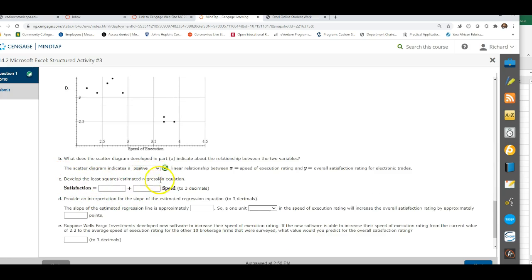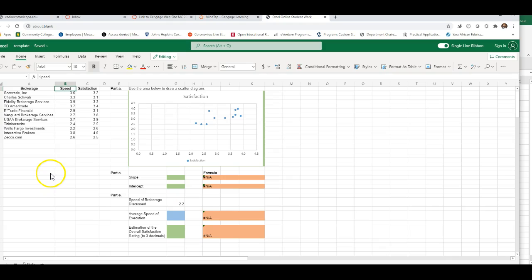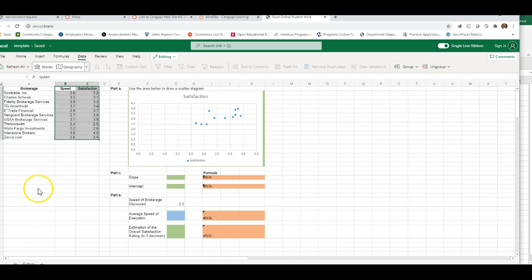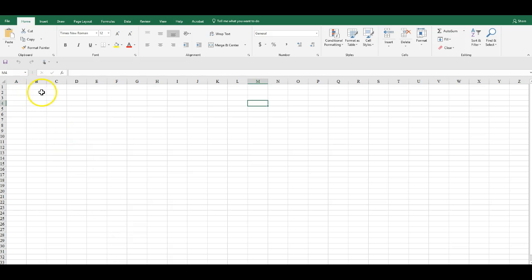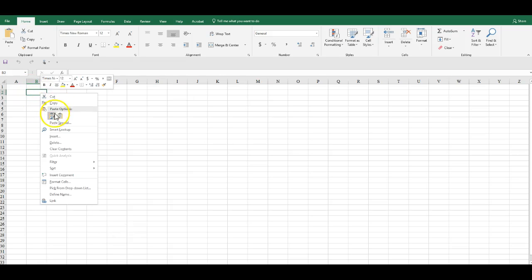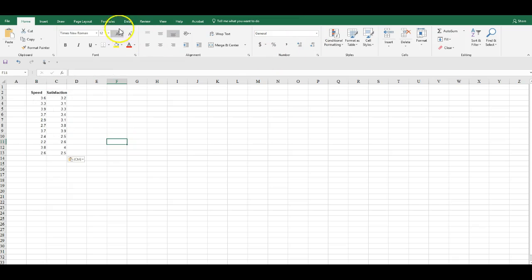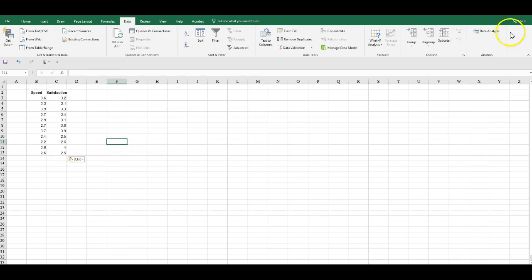Part C, we want a least squares estimated regression equation. So the quickest way to execute that least squares regression equation in Excel would be to use the simple linear regression function within the data analysis tool. So in the interest of time, I'm going to copy this data into a new spreadsheet. I'm going to use my data analysis tool